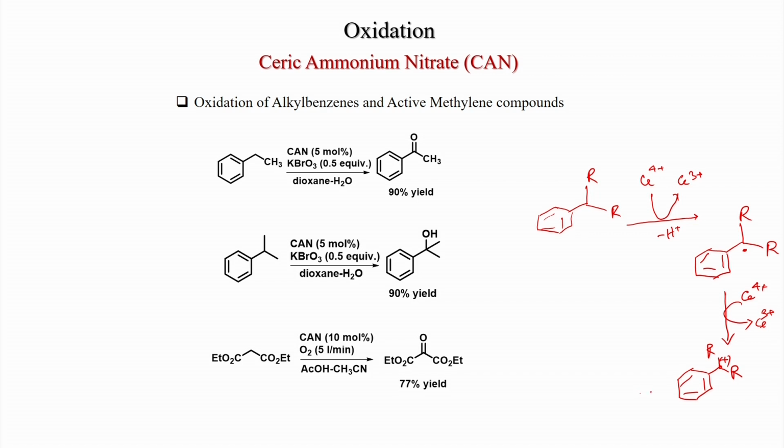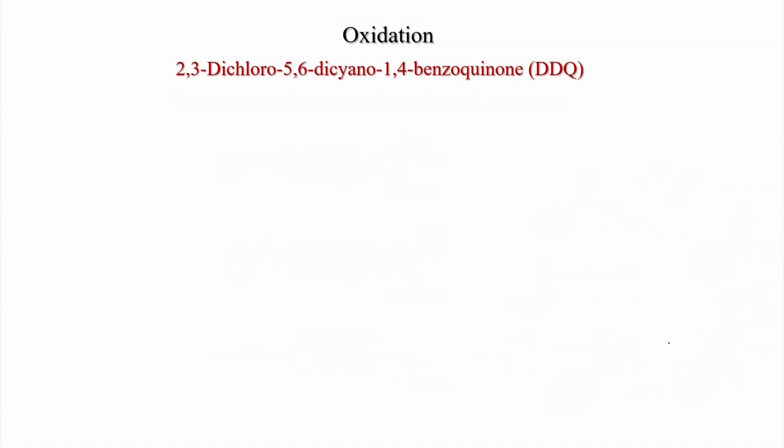And this carbocation under this condition will give alcohol, and when one of the R is hydrogen, then it will be benzyl alcohol, and benzyl alcohol we know that under ferric ammonium condition you get the ketone. So, it can further oxidize to this when one R is equal to hydrogen. So, if this is a secondary alcohol, then you get the ketone.